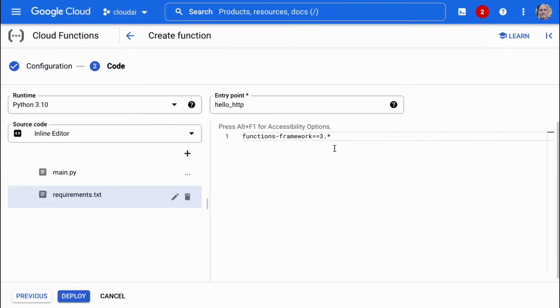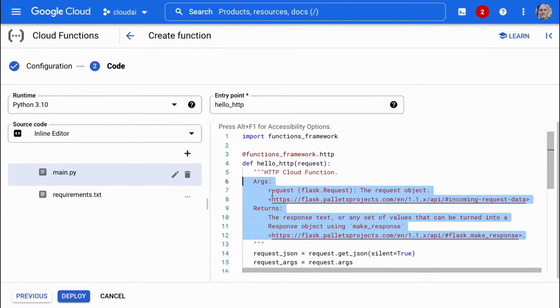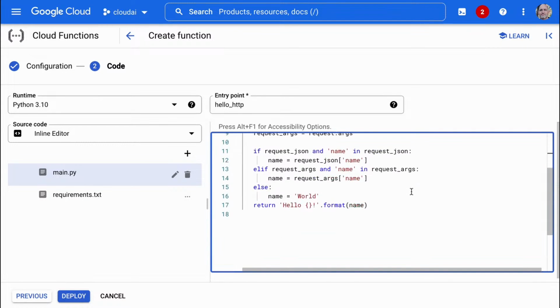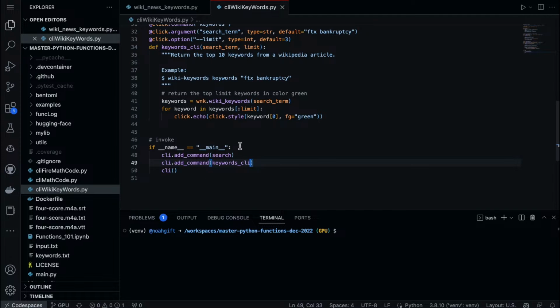Now, a couple things to point out is that I can actually run this and edit it within Visual Studio Code as well. And we could try that. That actually might be kind of fun. But first, let's get something working. And so this is going to use the functions framework here. So let's just get rid of this stuff, which I just don't want. We actually can tweak this a little bit. Here's the entry point, hello HTTP. I guess that'll work.